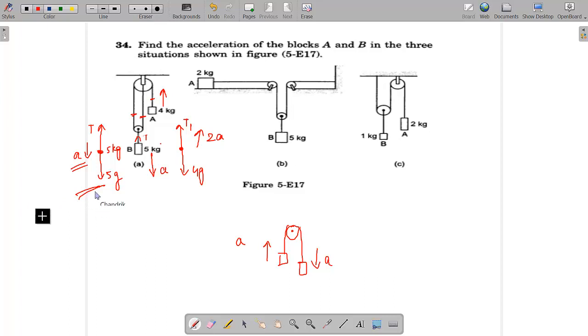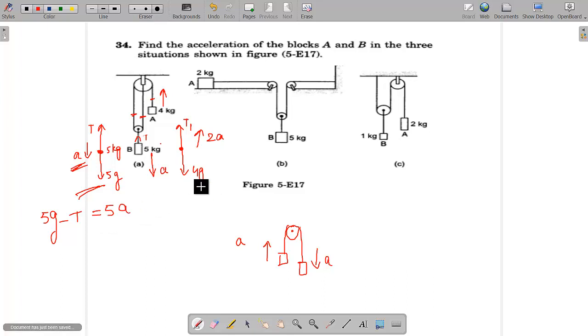Okay, so if I write the equation for the 5 kg block, how are you going to write? This is your 5 kg block. There are two forces, one down, one up. The acceleration is downwards. The total force equals mass into acceleration. Since the acceleration is downwards, we are going to write the forces in the downward direction. So 5g minus T. This is the force in the downward direction, and that will be equal to mass into acceleration.